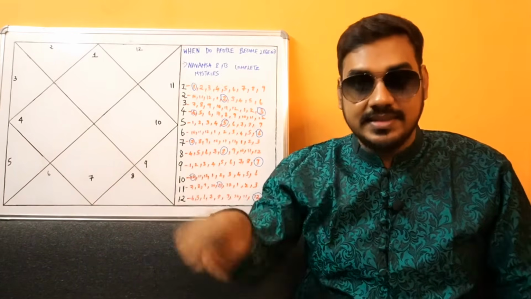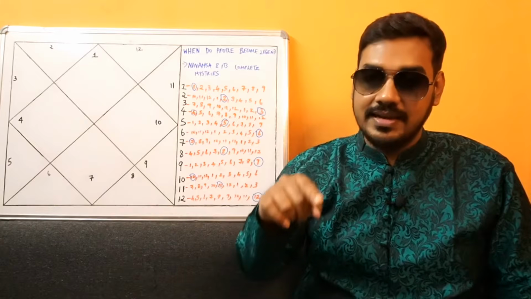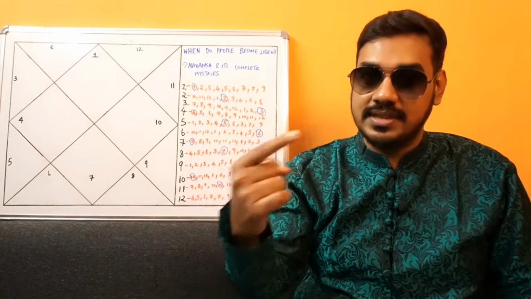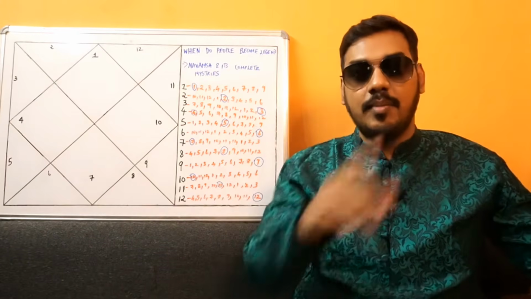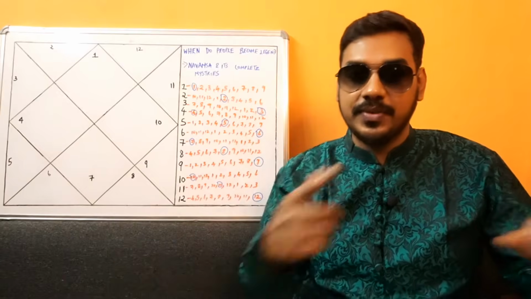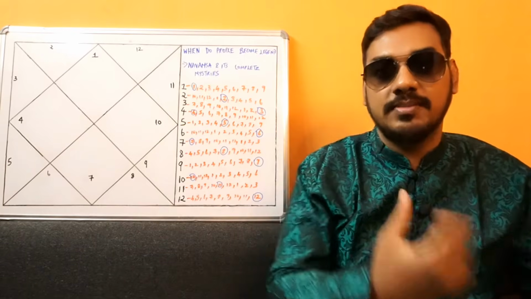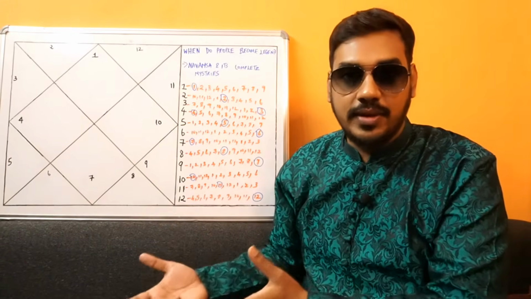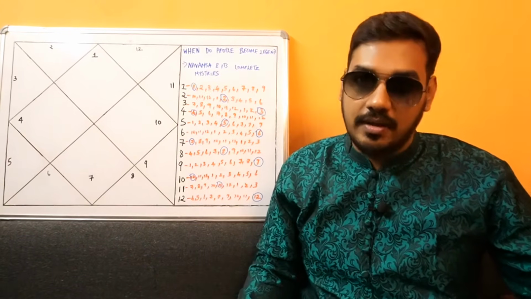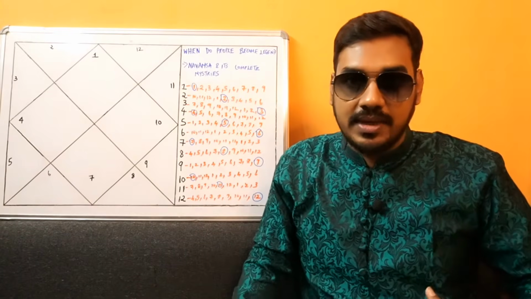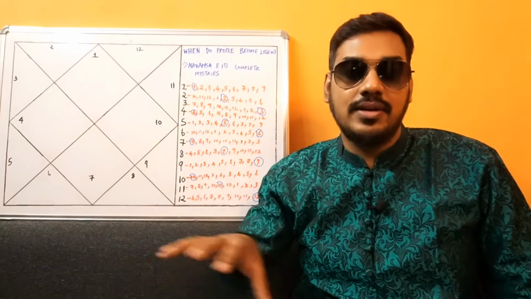Alright, so let's say Saturn is in Libra in the Lagna chart, but Saturn is in Aries in the Navamsa chart. That means the duties and actions that this person is performing can appear to be for the society, but he is actually doing it for selfish purposes, because Saturn debilitates in Aries. Aries is all about me, selfishness, and Capricorn is all about the public. So when Saturn comes to Aries, it is like: if I pass this tender contract, how much money will I get from it, or what is the political benefit that I am going to get from it?